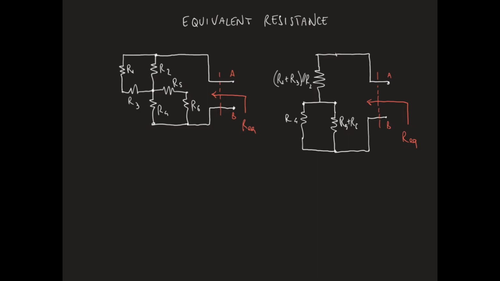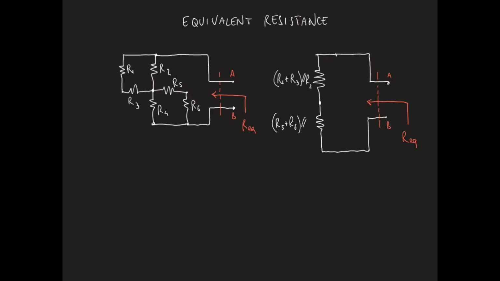Then we observe that this resistor is in parallel with R4, so we can replace the two resistors with an equivalent resistor given by the parallel between the two, so R5 plus R6